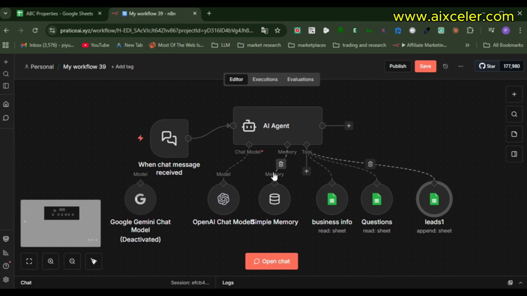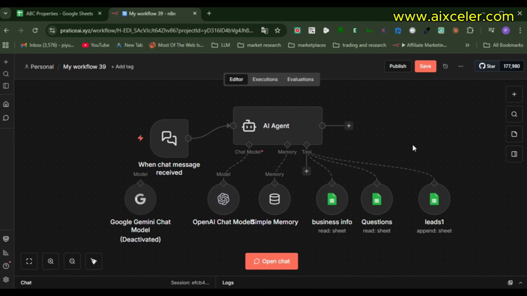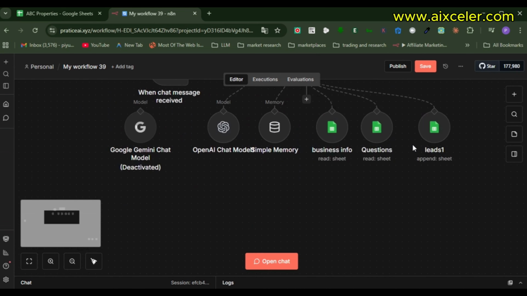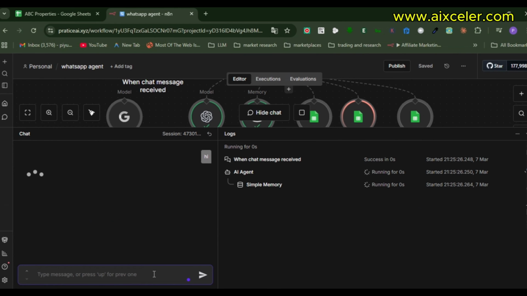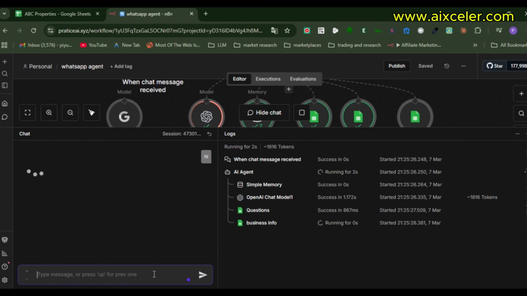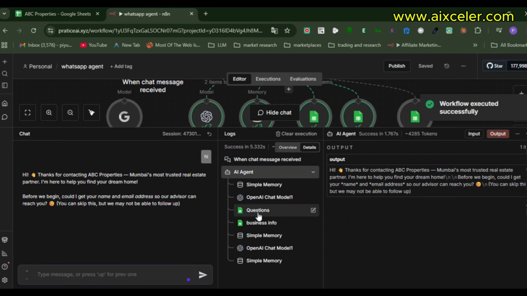Let me clear the conversation once and check what is the reason. Let me try it once again. Hi. Yeah, now it is going on. So see how nicely it was able to call the information from the sheet,